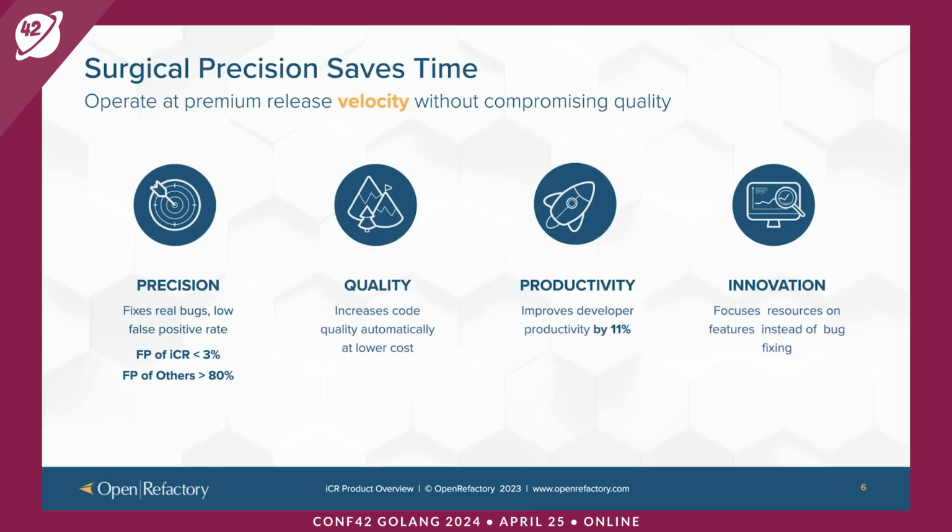I've already mentioned that the results from ICR are highly precise. On benchmark, we have shown as low as 3% false positives in ICR results, and typical bug detection tools operate at greater than 80% false positive rate. Therefore, ICR allows a development team to operate at premium release velocity without compromising the quality. It improves the productivity of the developers by about 11% or more. And the developers are now freed from the mundane task of bug fixing